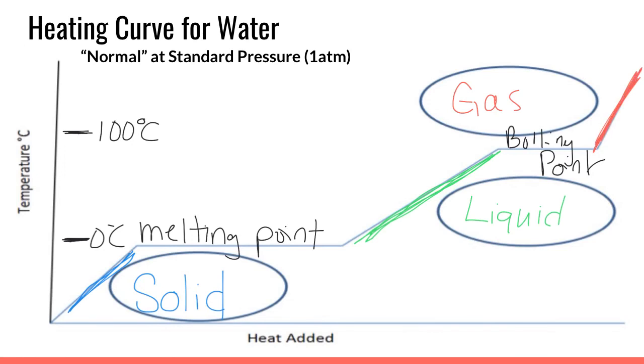We can see that anytime we get to a temperature for water that's over 100 degrees Celsius, we're going to be in the gas phase. That's after we reach that boiling point. So again, at low temperatures, we're going to start with a solid, low particle motion. We're going to stay that way until we hit 0 degrees Celsius. That's when we hit a melting point, and that's when we're going to start moving into the liquid, hitting the boiling point, and going into a